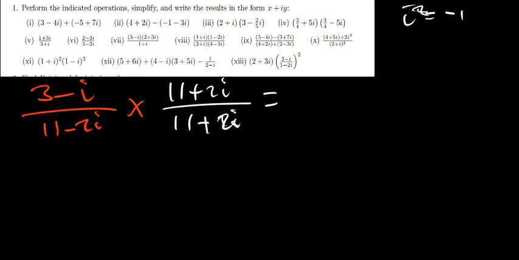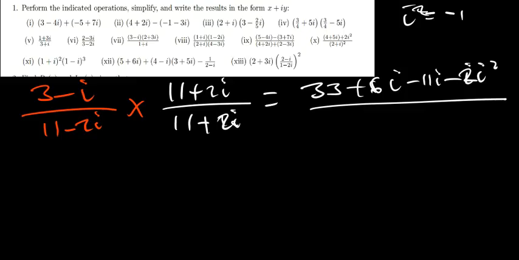So I'm going to say 3 times 11 is 33, then 3 times 2i is plus 6i. Then negative i times 11 is negative 11i, negative i times 2i is negative 2i squared, because of the negative which i has. Then here, instead of wasting time doing one by one, I'll square the one having negative. In that case it is 11, so I'll square 11, and negative 2i I also square, so I'll end up having